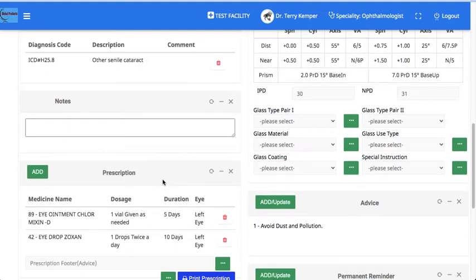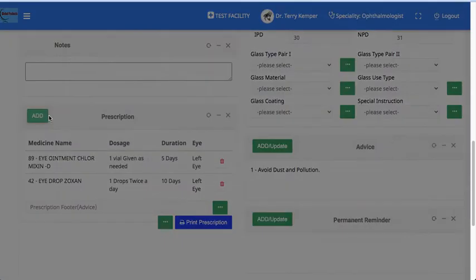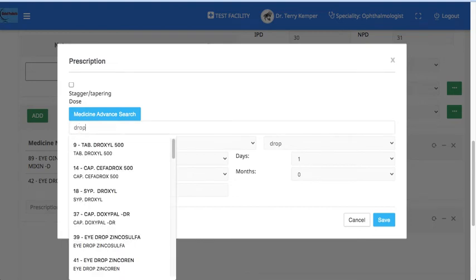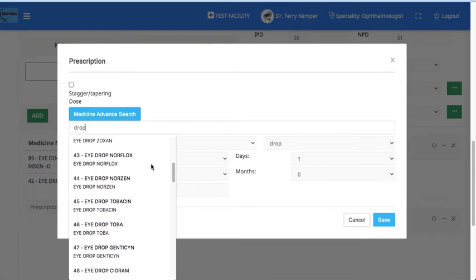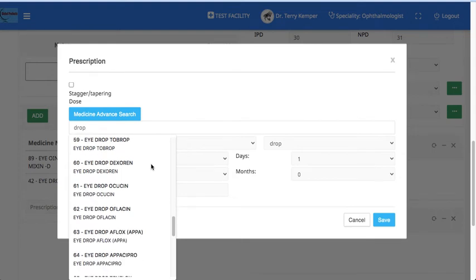Now, MERX has a drug database, and a prescription is also generated within MERX. To prescribe medications, we click on add and just type in drop, and a listing of most of the eye drops will be displayed, which can be selected from.